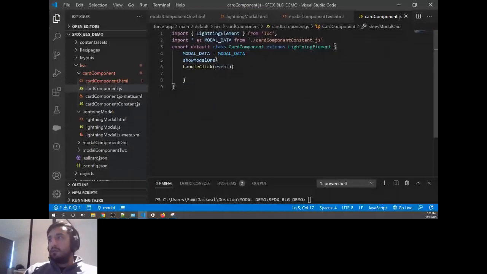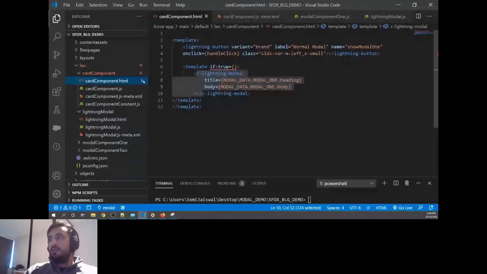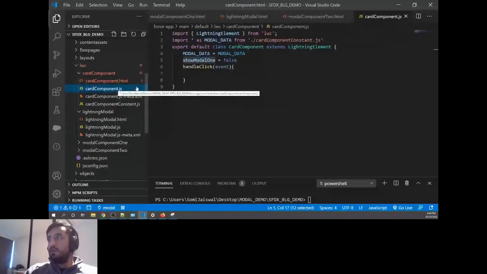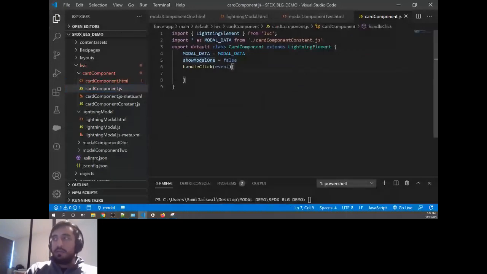I create the property showModel, and I'm giving the same name to the button as well, and I'll tell you the reason for this. For the button, I want this property to be changed from false to true, and to do it dynamically I'm going to use event.target.name.